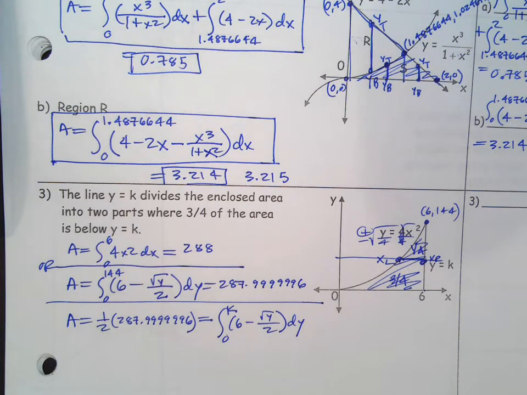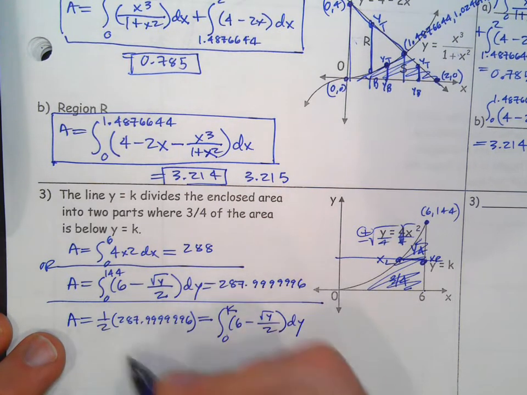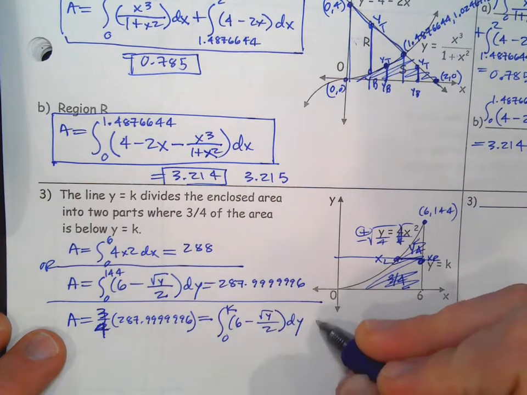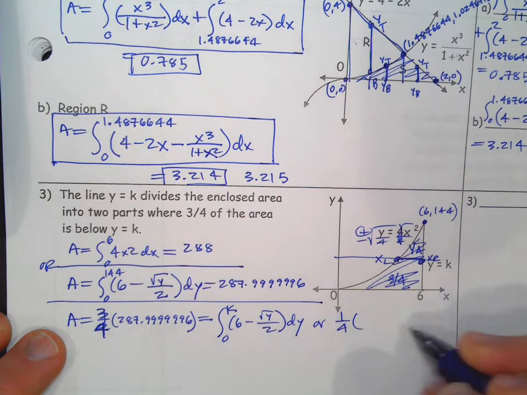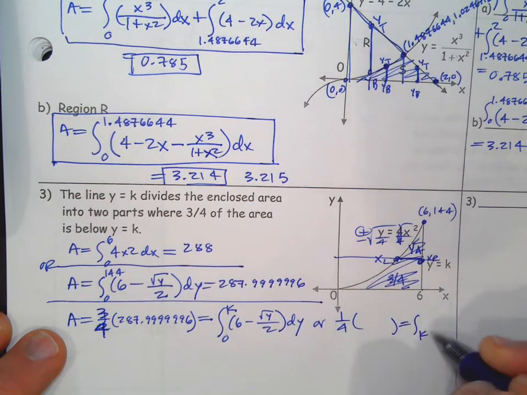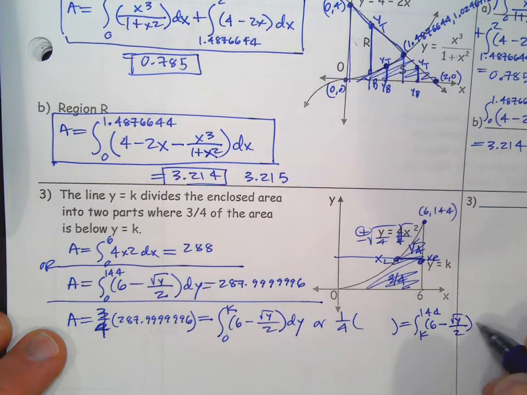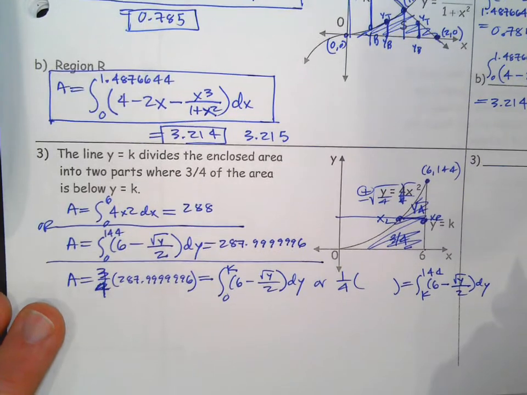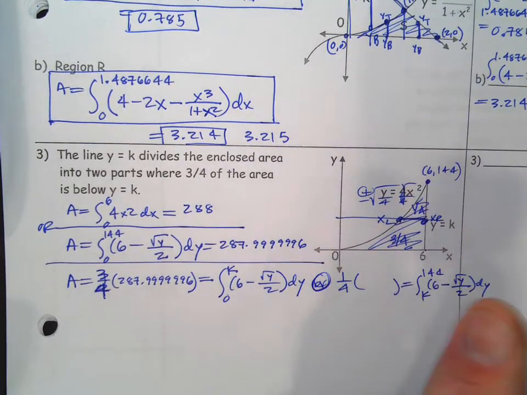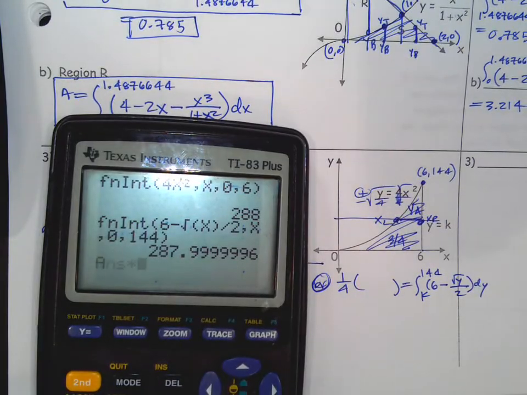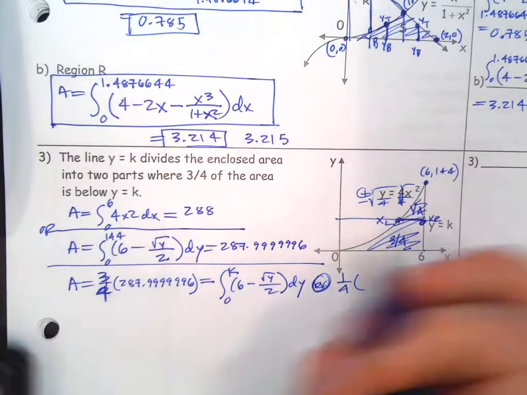So now it should be 1/2. It actually should be 3/4 is below the line. Or the other option is you do 1/4 of the area, and then you could do k to 144. But I personally would like to use 0 if possible. It's going to make the work a little nicer. But they should both give you the same answer. Now, 3/4 of this number is that. So I'm going to write that down,